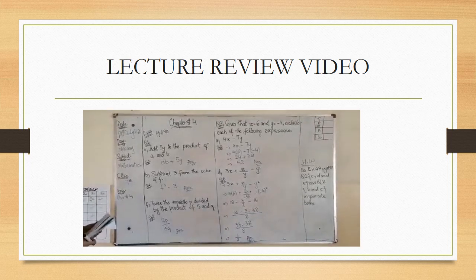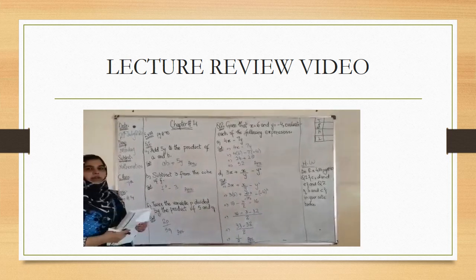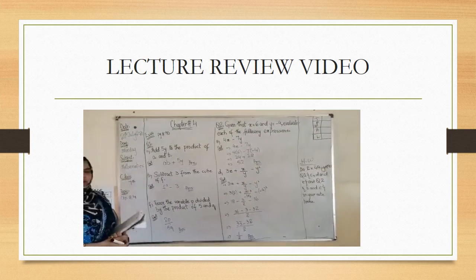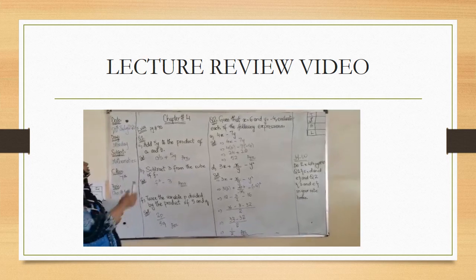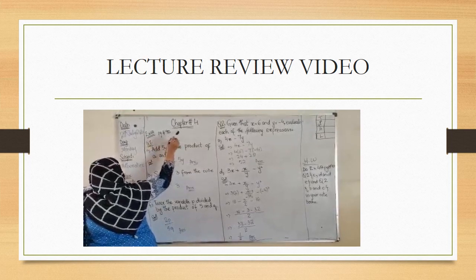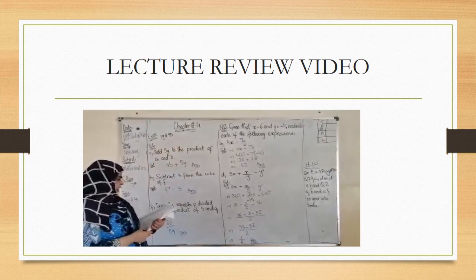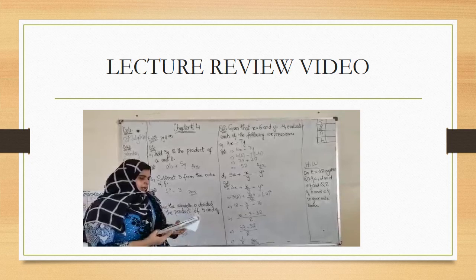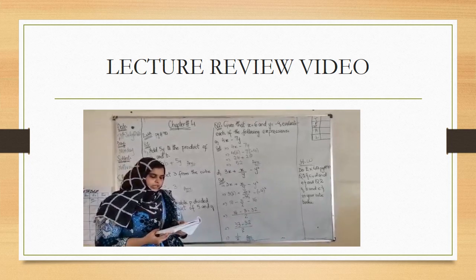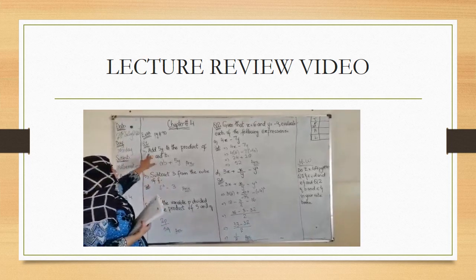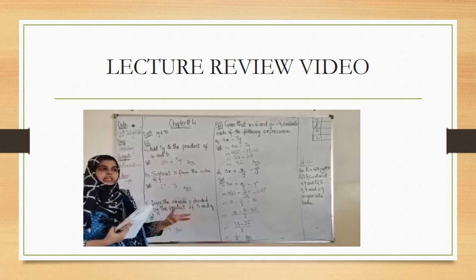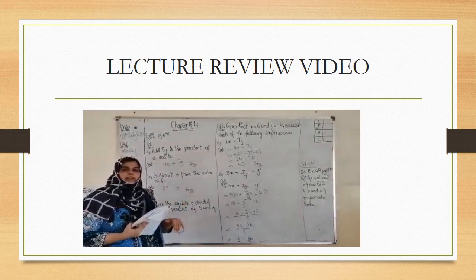Assalamualaikum class 7. Today we are starting our chapter, chapter number 4. So class, you have to open your book, page number 90, exercise 4A of chapter number 4. Look at the book. Question number 1: write down an algebraic expression for each of the following statements. You have to read each statement and change it into an algebraic expression.